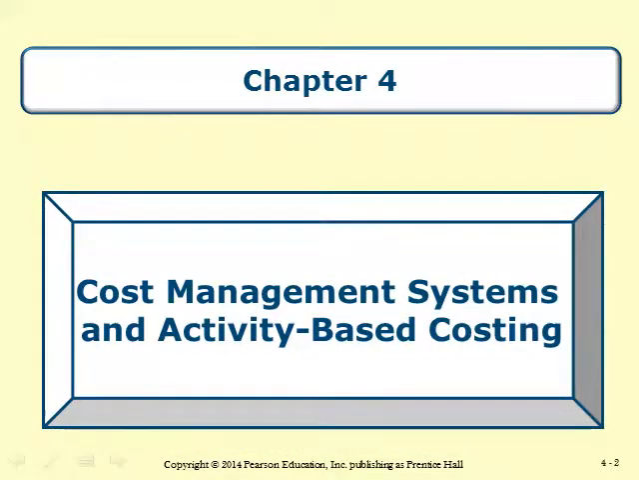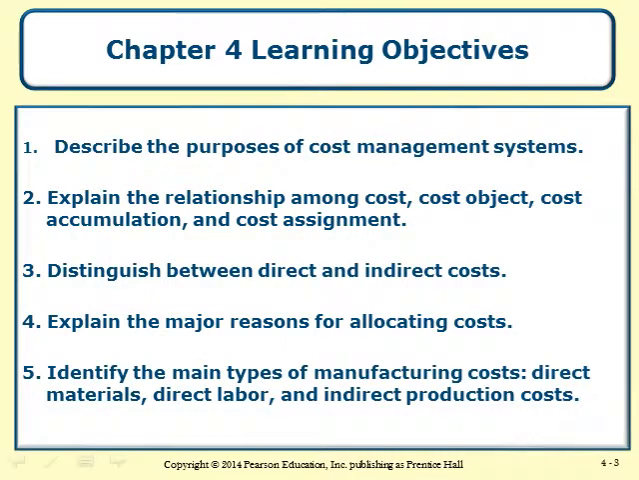And Chapter 4 deals with cost management systems and activity-based costing. And so once we finish Chapter 4, we should be able to describe the purposes of cost management systems, explain relationships among costs, cost objectives, cost accumulation, and cost assignment, distinguish between direct and indirect costs, explain the major reasons